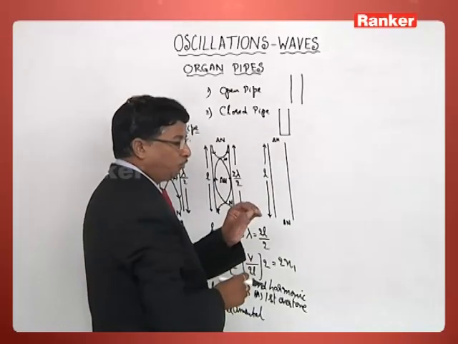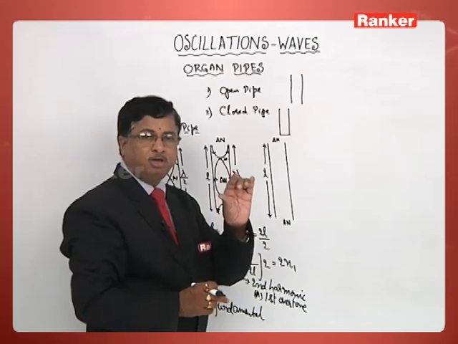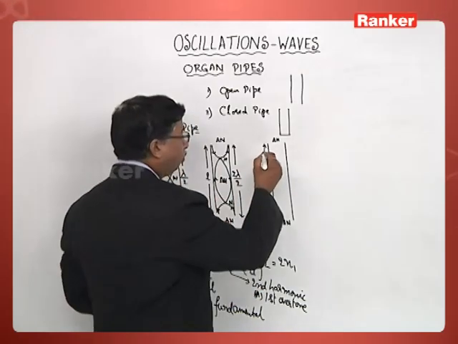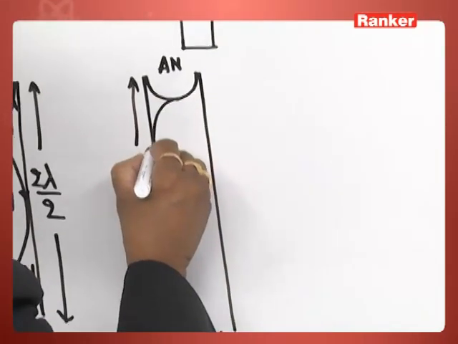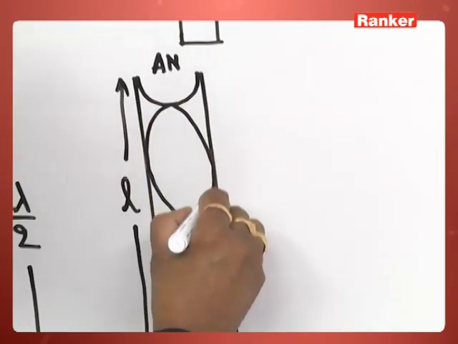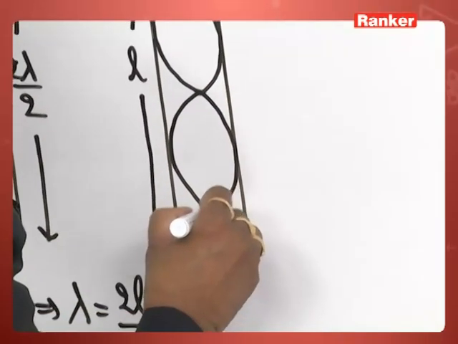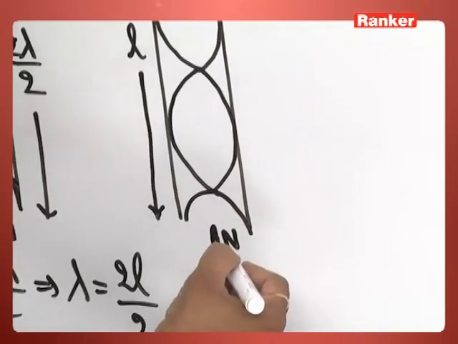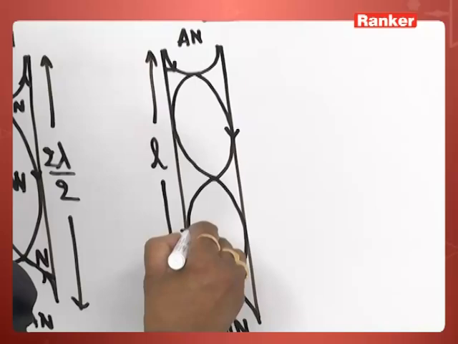Two antinodes we need to have at those two open ends. Now what would be the structure inside? You will be finding one loop like this, another loop like this, and you will be finding another antinode formation this way. The wave enters this way,